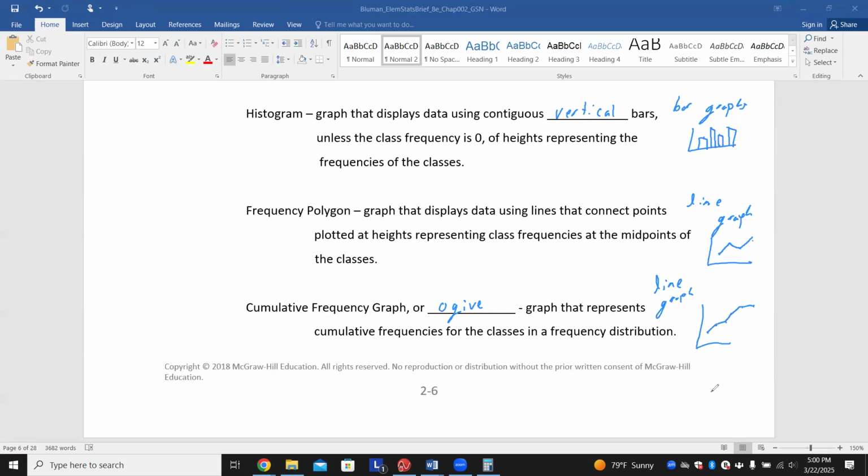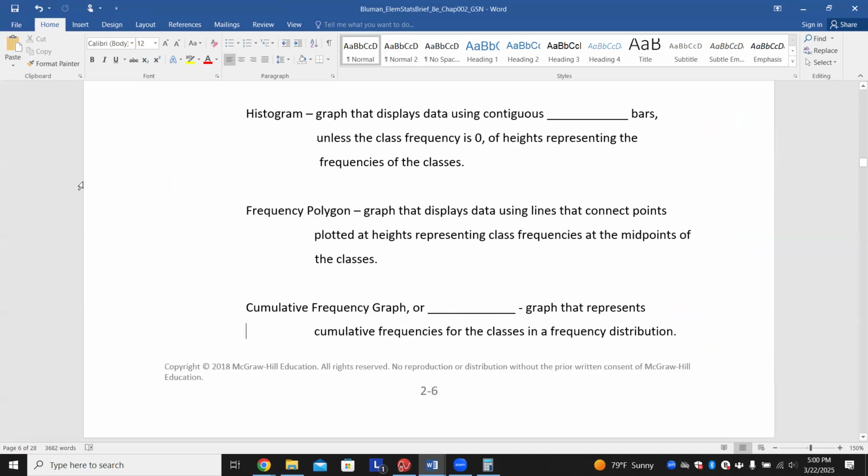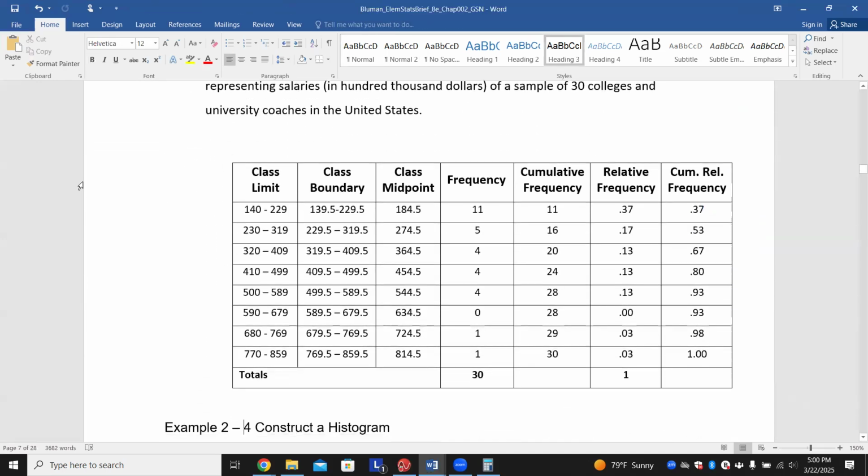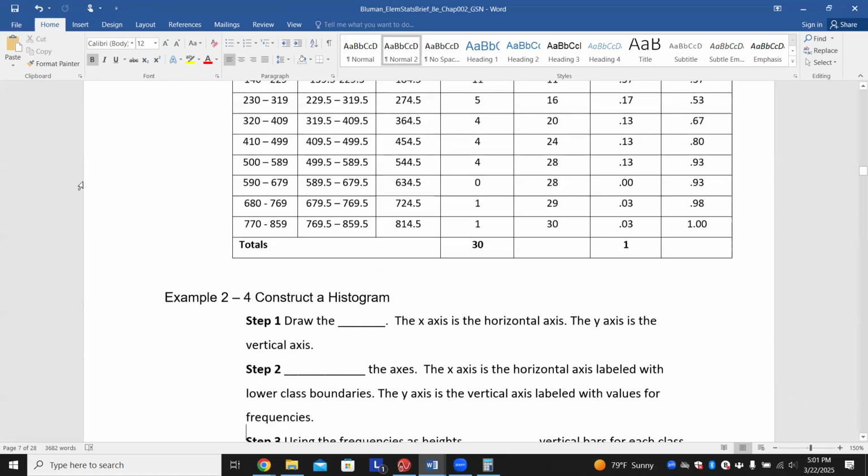All right, so I'm not going to make you do all that data again from 2.1. But here is the data that's nicely done for us, nice and clean, just in case you don't have the best of handwriting. What we're going to do here is construct a histogram, a frequency polygon, and an Ogive from the frequency distribution representing the salaries of a sample of 30 college and university coaches in the United States from the previous example. So in example 4, we're going to first construct